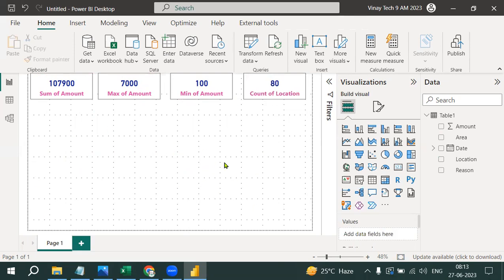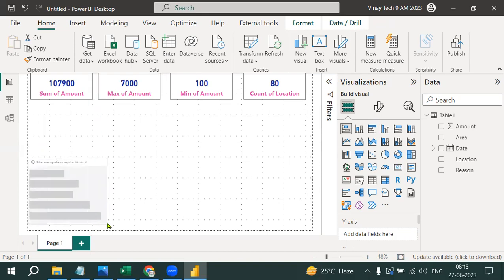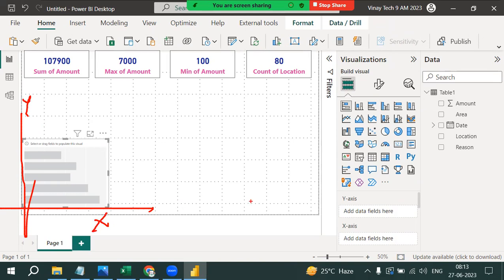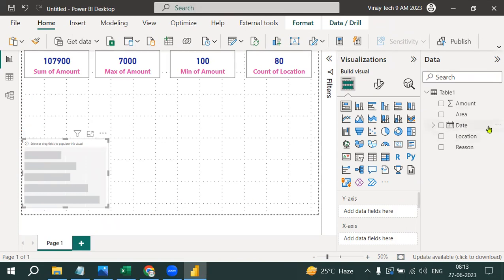Now, I want to show top and bottom. Then go to chart visual. Stacked bar chart. So far, I used only this. And I'm going to use this visual now. Bar chart. This is for comparison. Click on bar chart. Move it down. Y-axis. I'm minimizing the screen. This is Y-axis. What do you want? This is X-axis. What do you want? Your wish. But according to my understanding, Y-axis level,